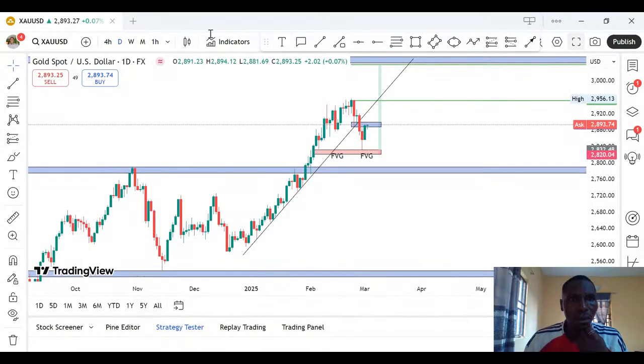So, till now, price is still, hold on a second. Can you guys see me? And can you see my screen? Can you see my screen? Oh, this is serious. What is happening? Can you see my screen now? Can you still see it?